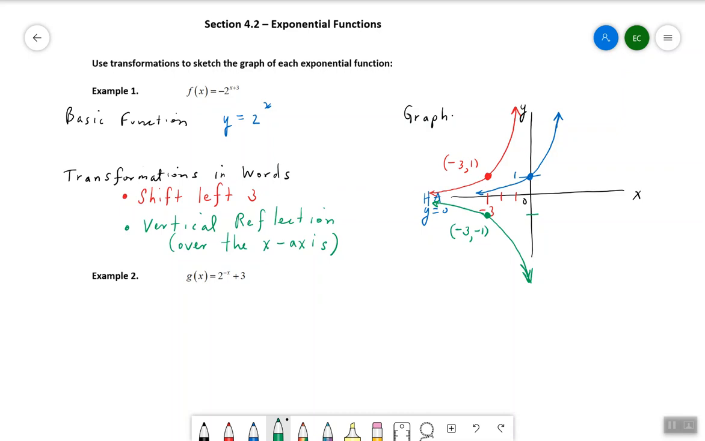And the only thing left to do would be to label our graphs f of x equals -2 to the x plus 3. And then we could go back and label the original graph y equals 2 to the x, and the intermediate step y equals 2 to the x plus 3. Okay,